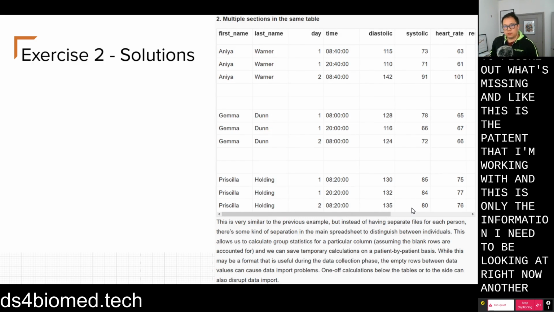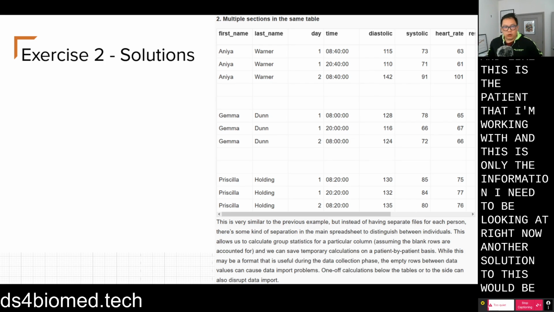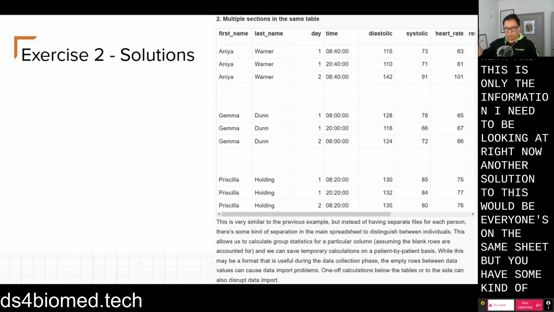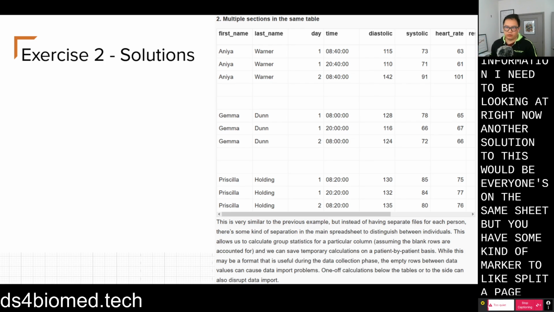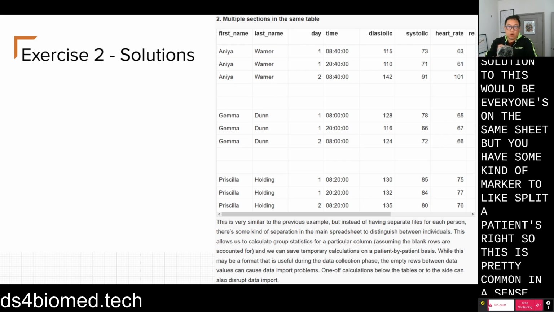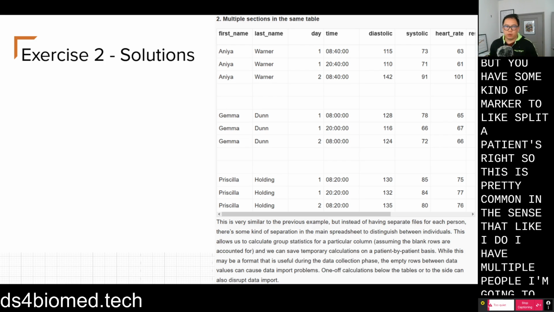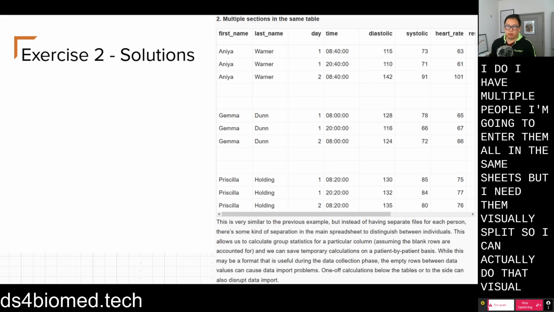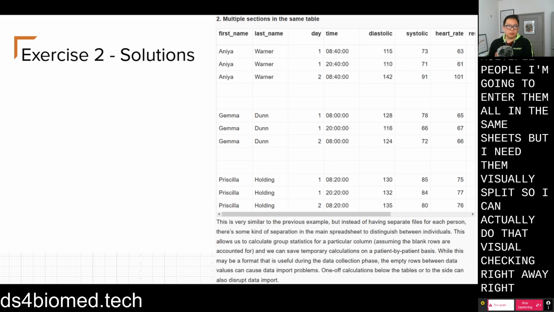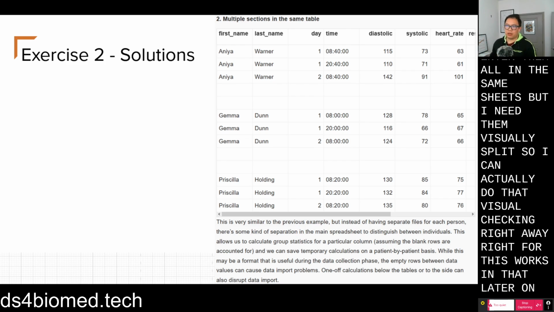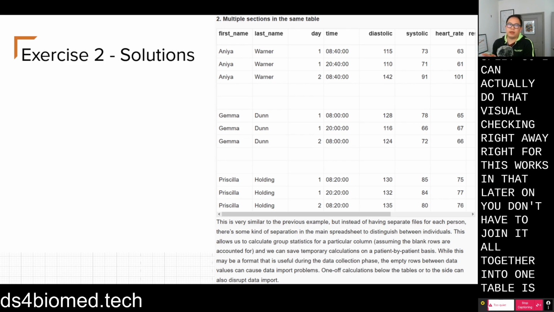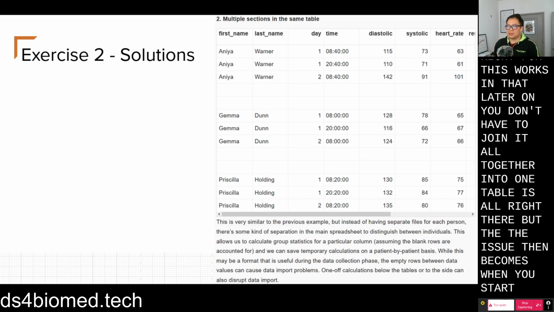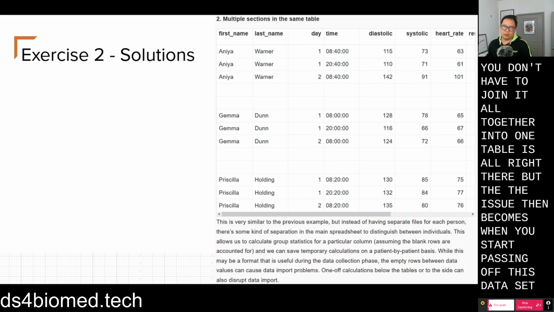Another solution to this would be everyone's on the same sheet, but you have some kind of marker to split up patients. This is pretty common: I have multiple people, I'm going to enter them all in the same sheet, but I need them visually split so I can do that visual checking right away. So this works in that later on, you don't have to join it all together into one table. It's all right there. But the issue then becomes when you start passing off this data set to other people,